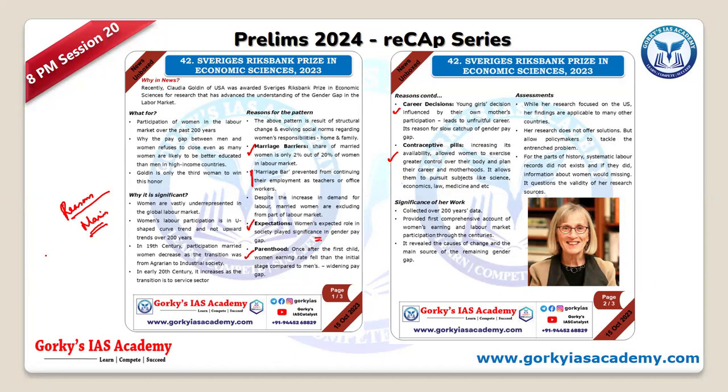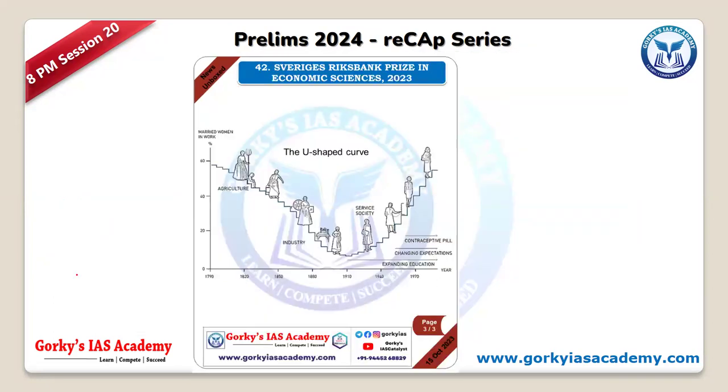So here it is more of the mains part, and you can have mains points when you read this particular study, right? And she had also identified that it is a U-shaped curve from the 1790s to the 1970s. So how this society has changed from agriculture, industry, and service society. When industrialization happened, women's role had been coming down, and later after World War I and II, it started picking up. And later when the service industry started, women started having more